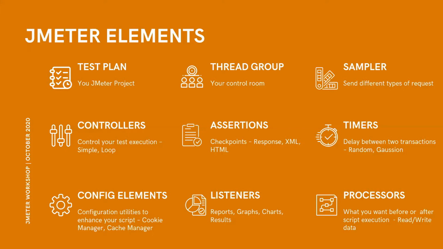The other thing is the assertions. Assertions are nothing but checkpoints, because we do have the expected result that we check against our actual results. When we are writing our automation code, we do have assertions. Similarly, JMeter also has assertions in place. After you record your script or create your script, you might need to check whether I have this thing in my response. This should be my response code. What is my XML format? What is there in my HTML format? So all the assertions are there in JMeter that you can use.